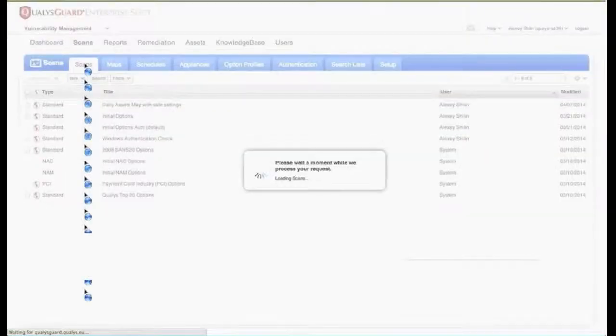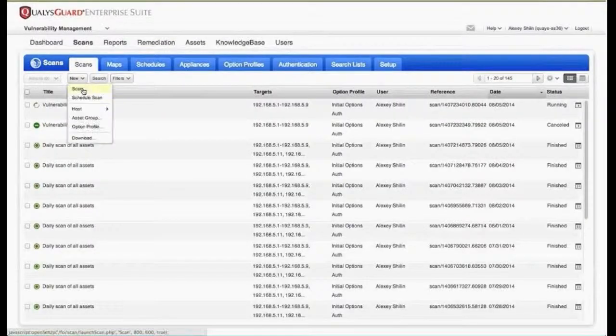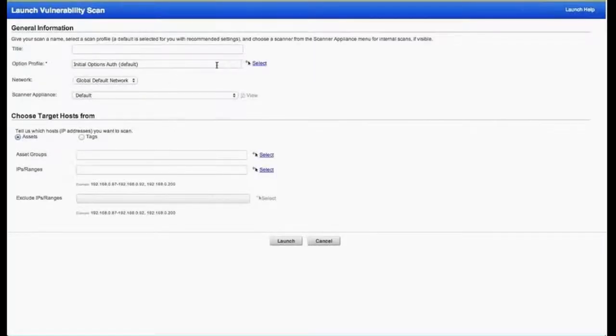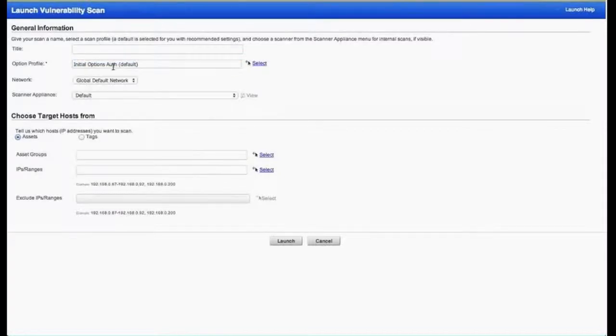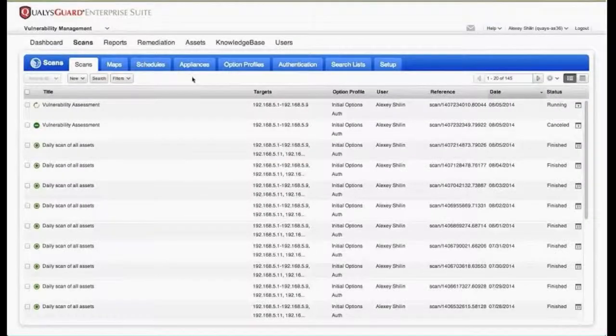save it, and when we schedule a scan, we actually use that particular authentication option. So option profile. In this case, I already used the initial options authentication profile, which managed to pick up more information because not every software actually hangs on an open port. And once we start doing this exercise regularly,